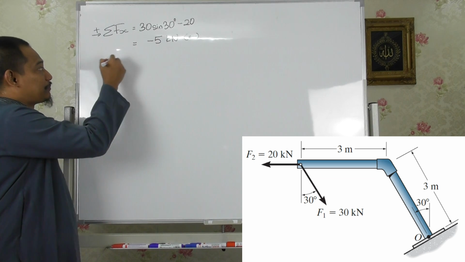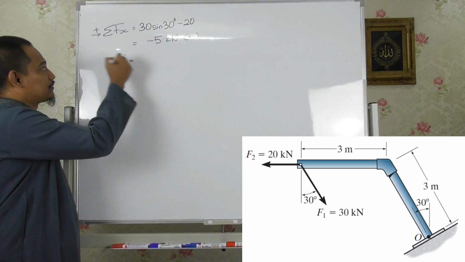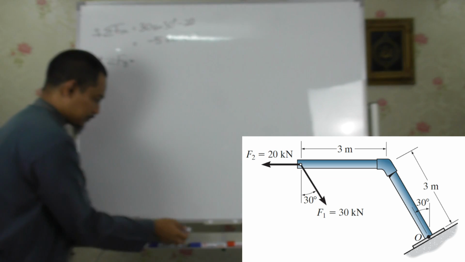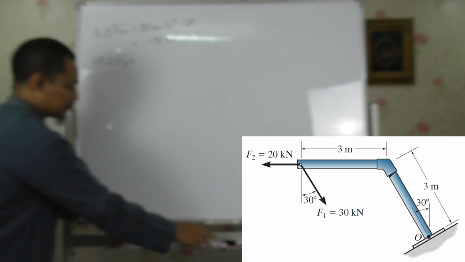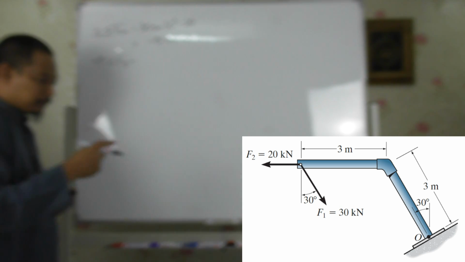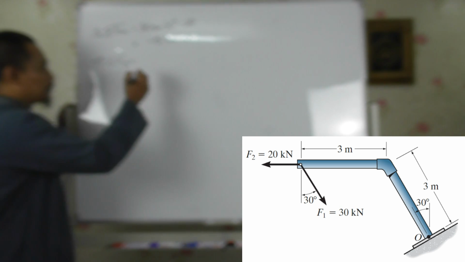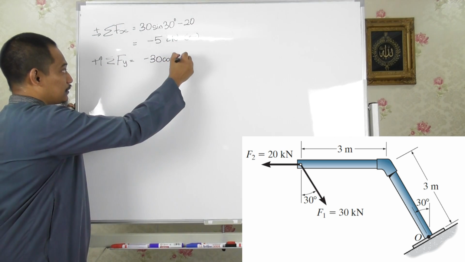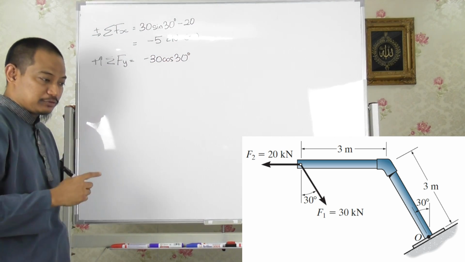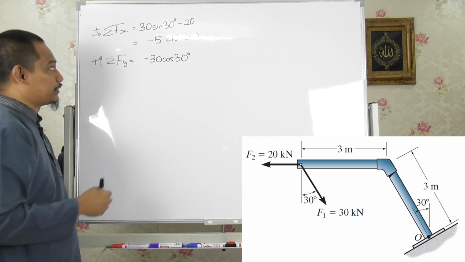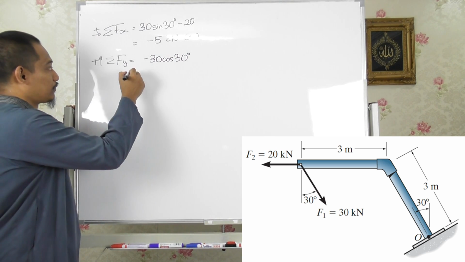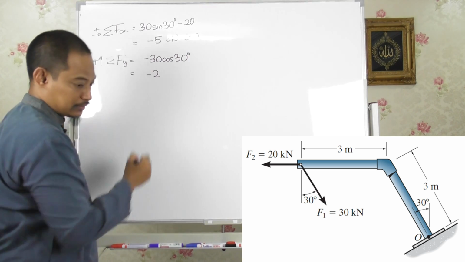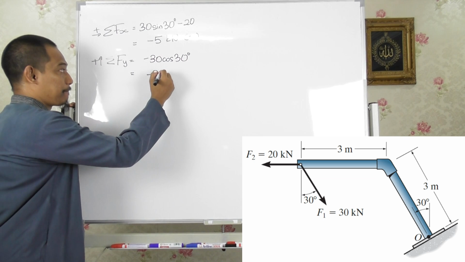Right, and then if you do summation of Fy, okay, the marker is no longer working. So let's try this one. For F1 we have downwards, so minus 30 cos 30 degrees, and for F2 it doesn't have any Y component force, so we'll have that. So basically you get minus 25.98